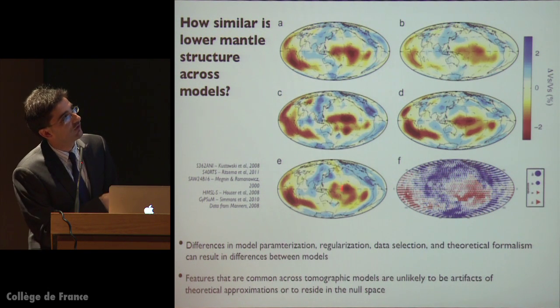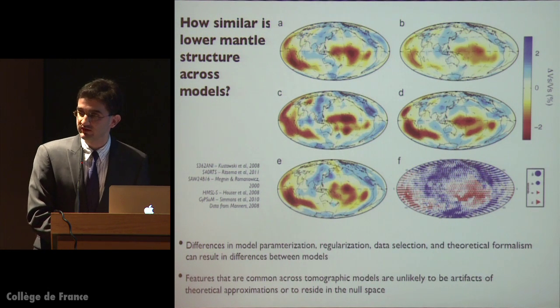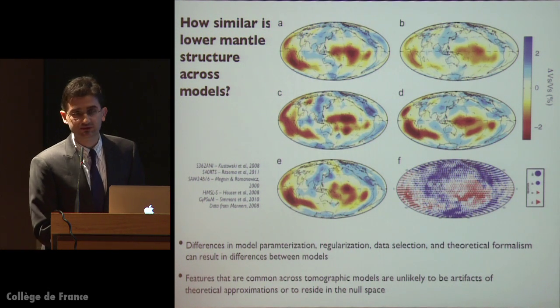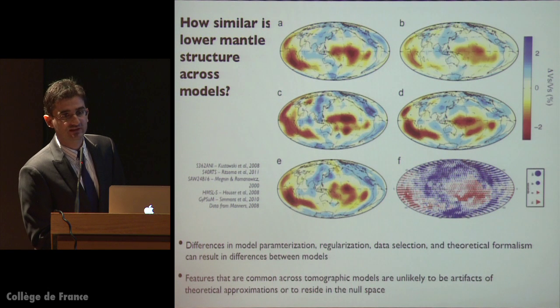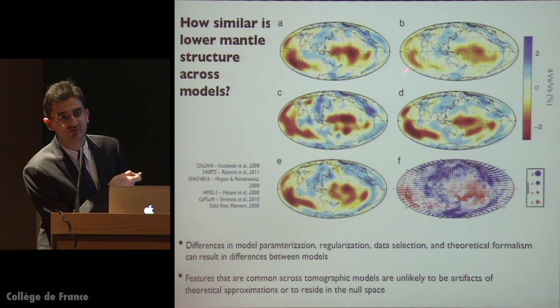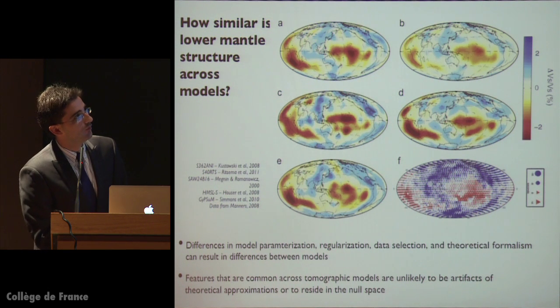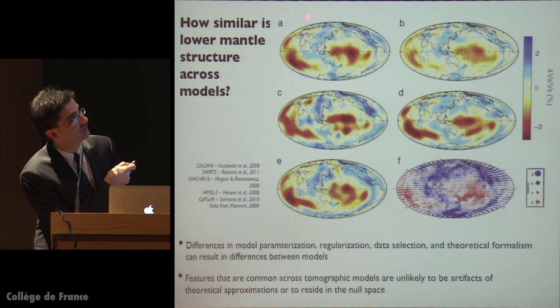The one clear difference between them is that the S40RTS has a slightly lower amplitude of anomaly, but this is actually due to the parameterization of that model and is not representative of an actual difference in the structure. In this model, the lowermost splines are taller, and so they average the structure with the overlying structure a little more than the other models do. But in general, we see again these two